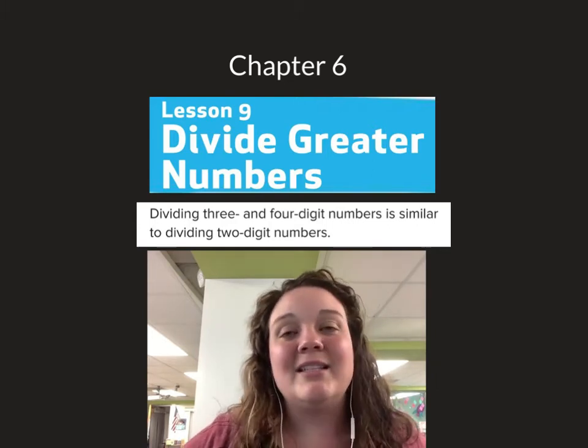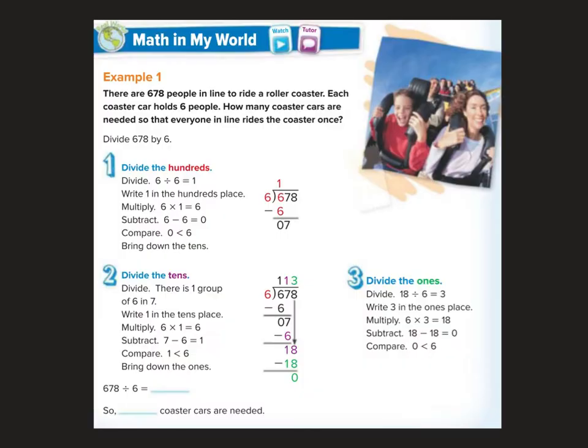So let's get started. Here we have example 1. There are 678 people in line to ride a roller coaster. Each coaster car holds 6 people. How many coaster cars are needed so that everyone in line rides the coaster once? All right, so what we're going to be doing here is dividing 678 by 6. Now, this is just like we were practicing before, guys, with 2 digits, except there are now 3 digits underneath